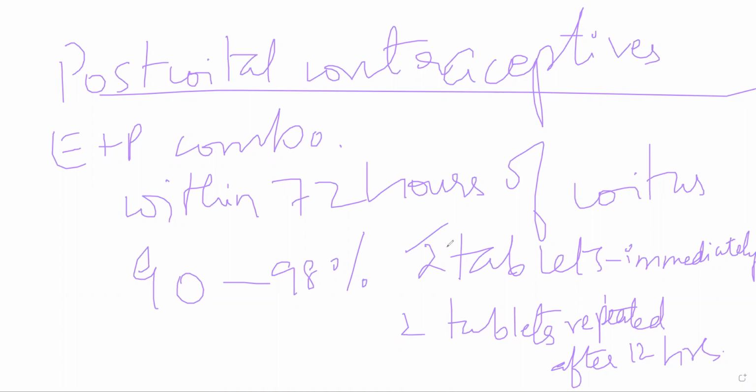Okay. If it is not possible to take, let's suppose the 72 hours mark has passed and you're not able to take, or for whatever reason you're not able to get these drugs, postcoital contraceptives, then you can use IUCDs, okay, intrauterine contraceptive devices. IUCDs should be used within 5 days of coitus. Now, these will generally prevent pregnancy. These will create a physical barrier. You need to go to a doctor and you can use an IUCD. Now, IUCDs are generally used only in emergency methods.